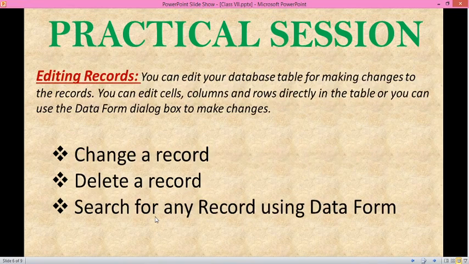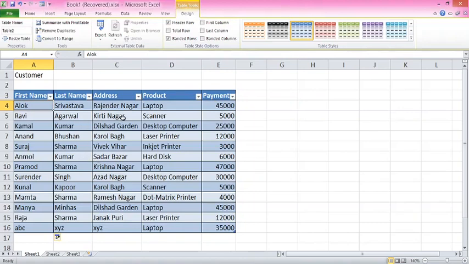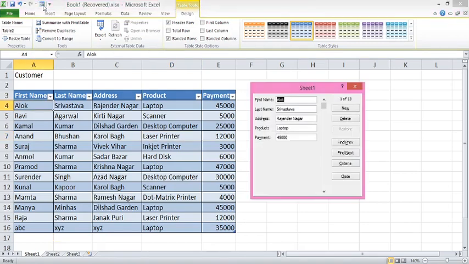Now we'll understand how we can edit, delete and search a record using data form. If I want to edit any of the records, I can easily edit using data form. Suppose for Anand, the product is laser printer and I want to change it into laptop. So again I will place my cursor on the first cell and open the data form. Here we have find previous and find next.